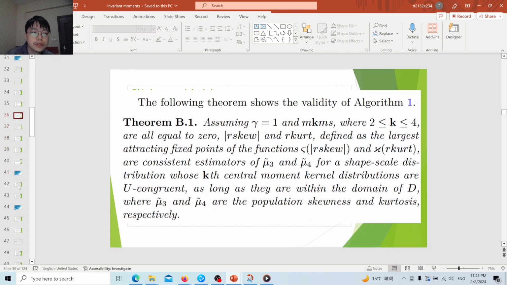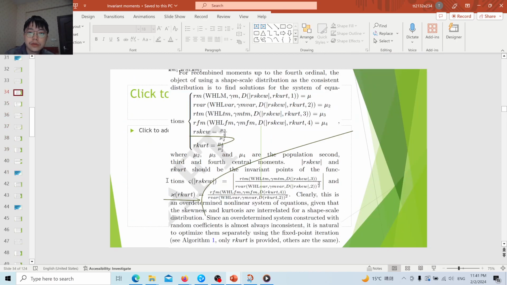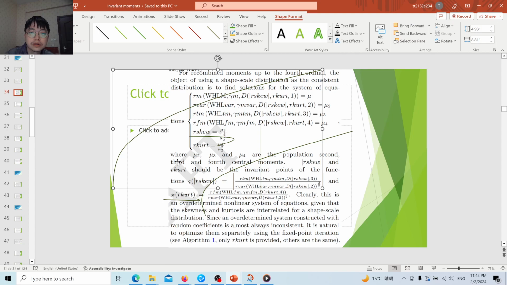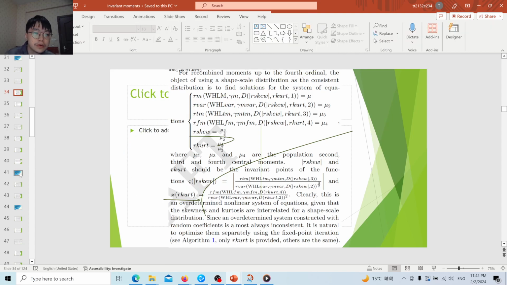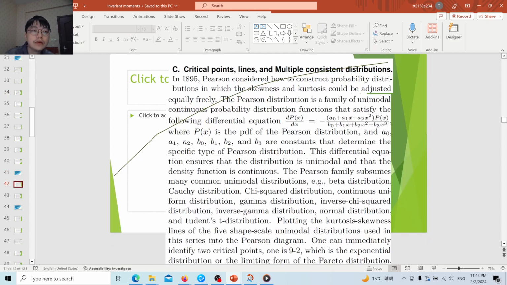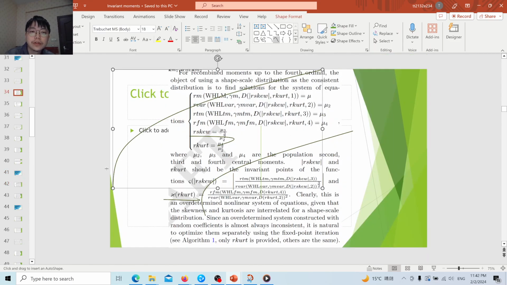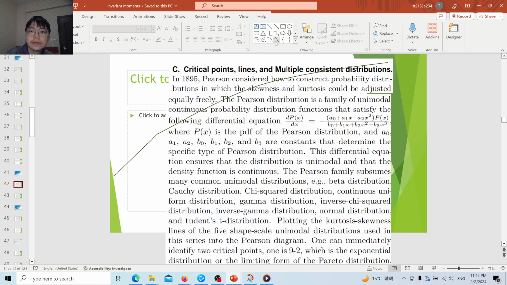This is why we separately estimate the kurtosis and skewness, because it is very likely that the estimated skewness and kurtosis do not fit the skewness-kurtosis relation we want, since they come from the sample. Then, if we consider using multiple consistent distributions, for example,